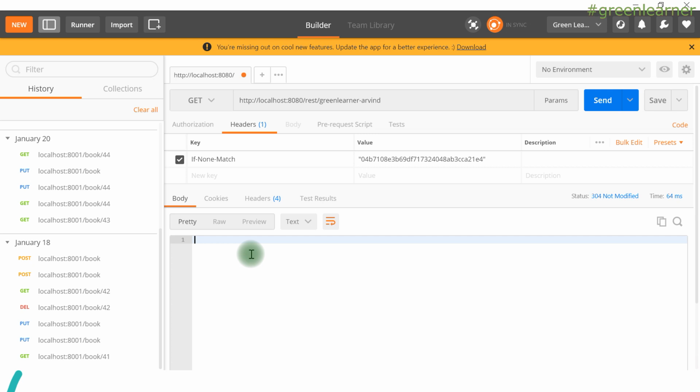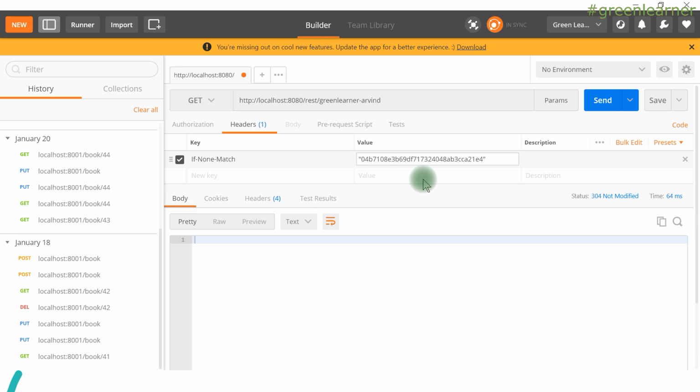So the same thing, if you are calling programmatically one service from another service, with each request you have to include this header If-None-Match with the value of the ETag that it has responded with in the previous request, right? So that it can compare, right? So this is how it is applicable with the front end and REST endpoints.